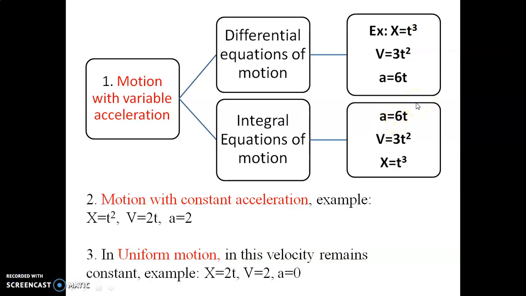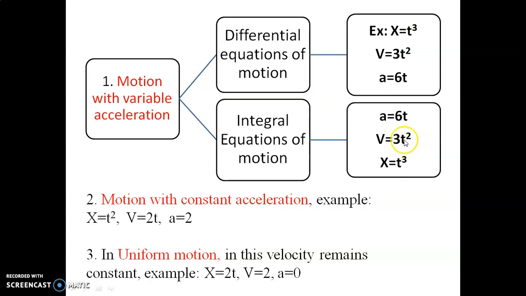If I treat 6 as a constant number, then the integration of t with respect to dt will be t square divided by 2. So the equation becomes 6t square divided by 2. As we know, 6 divided by 2 is 3, and the power of t becomes t square. The next equation that I got is 3t square.